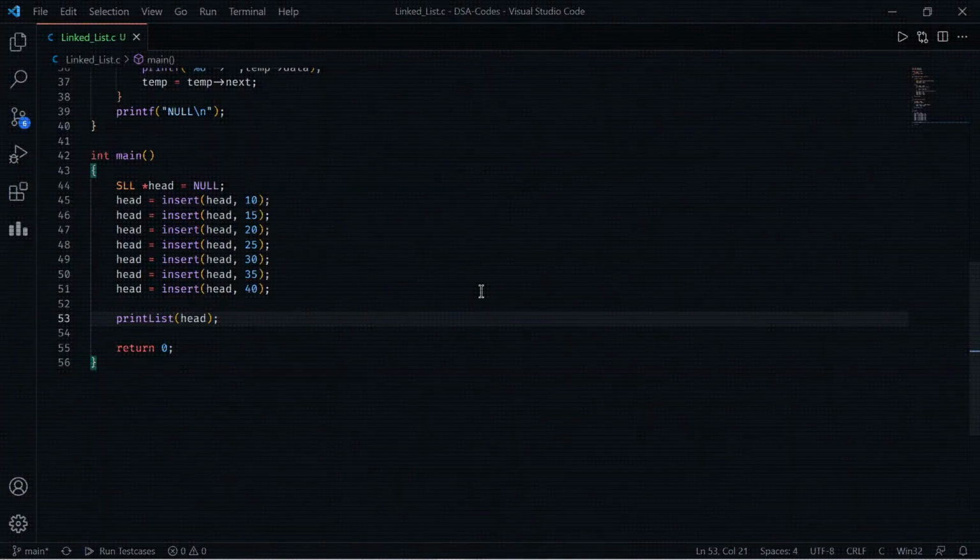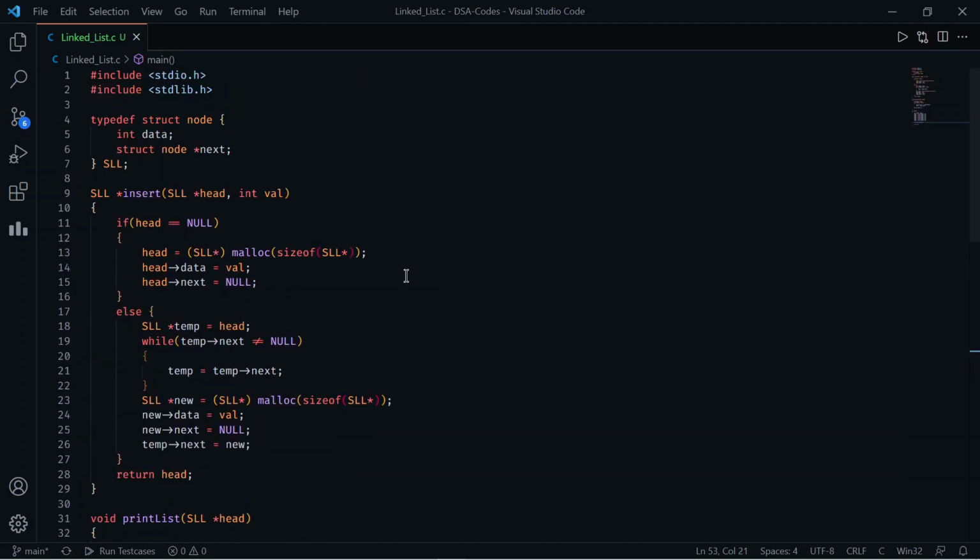So let's do some code. Here we are at VS Code. What I have done here is I have created a structure for the linked list and typedef'd it to SLL, which represents a singly linked list.